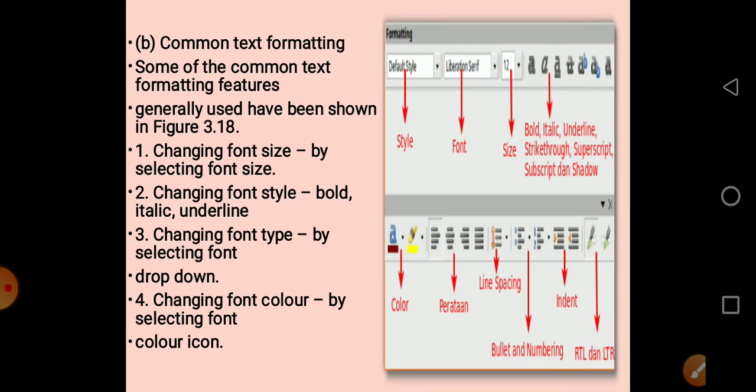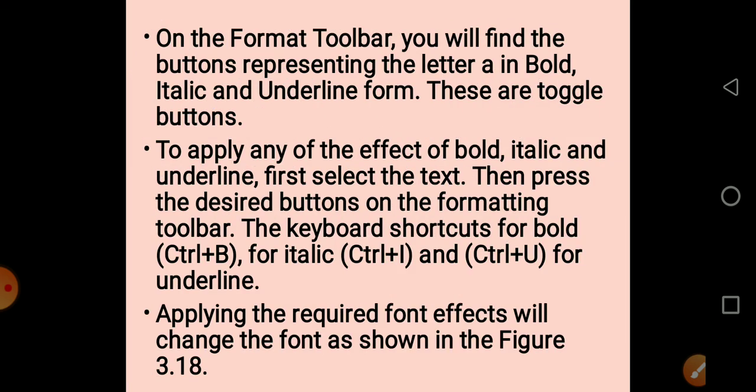Common text formatting. As I told you, size of the text, color of the text, font, style of the text. You can make it bold, italic, underline. On the formatting toolbar, you will find buttons representing the letter A in bold, italic and underline form. These are toggle buttons. To apply any of these effects, first select the text you want to make bold and press either the bold button or Ctrl+B.